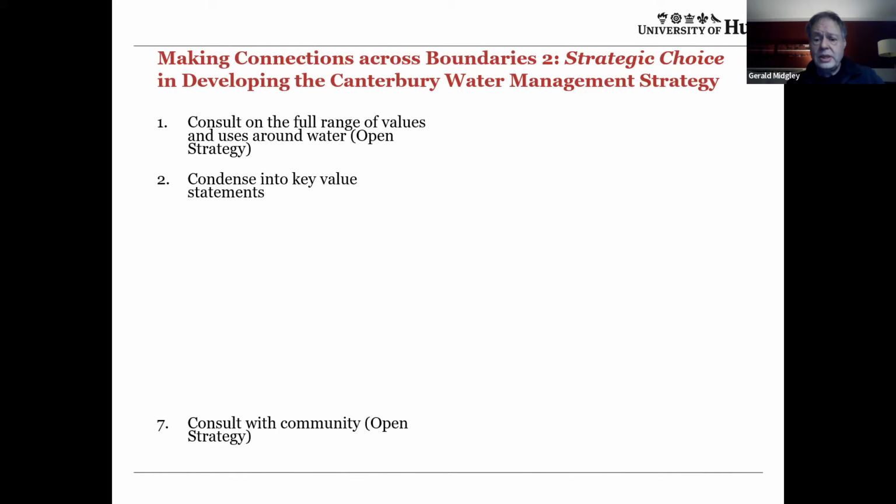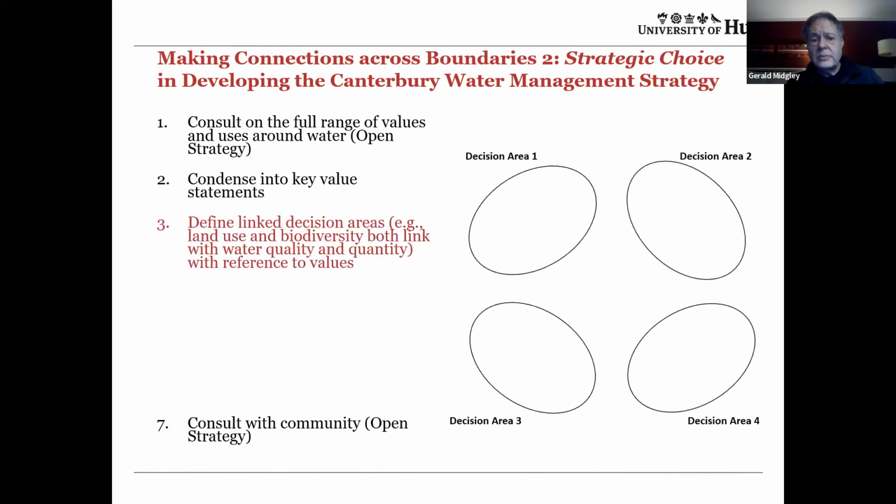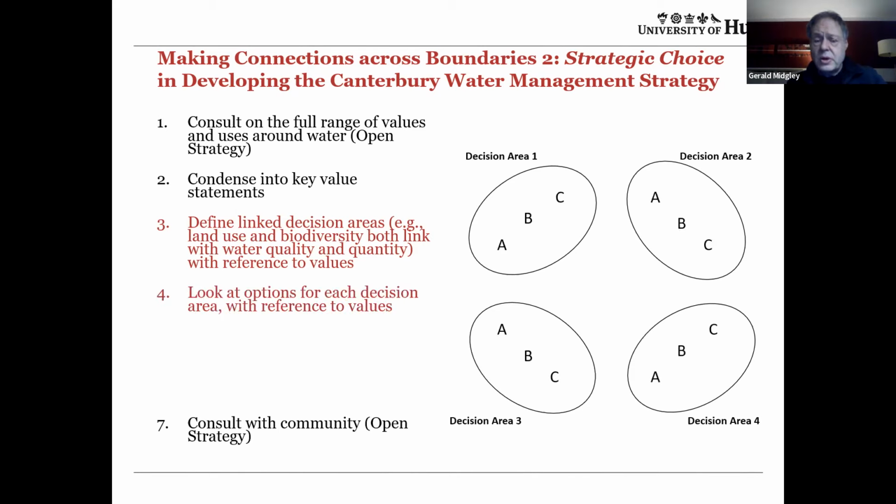And he said, absolutely, they will. So we ended up doing an exercise of strategic choice with them. And one of the core exercises in strategic choice is to identify decision areas. So we already had 10 of them, to look at what the policy options might be for each of those